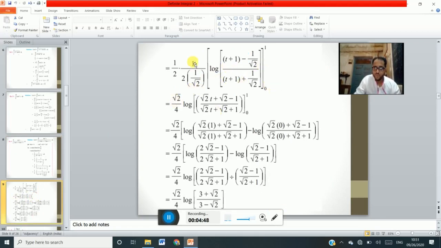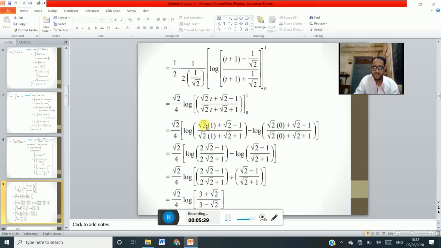This is the result. So 1 upon 2 into 1 upon 2 upon 1 root 2, that is 2 upon root 2. 2 upon root 2 is what? Root 2 into 2 is root 2, and root 2 cancel. So this is nothing but root 2. Or, on the other hand, without considering the cancellation in this step, 2 upon root 2 is in the denominator of the denominator, that means numerator, and 2 into 2 is 4, so root 2 by 4 is there. Log of, here cross multiplying, so root 2 into t, root 2t plus root 2 into 1, root 2 minus 1 upon root 2 into t plus root 2 plus 1, right? Divide by root 2, divide by root 2, so both are cancelled.